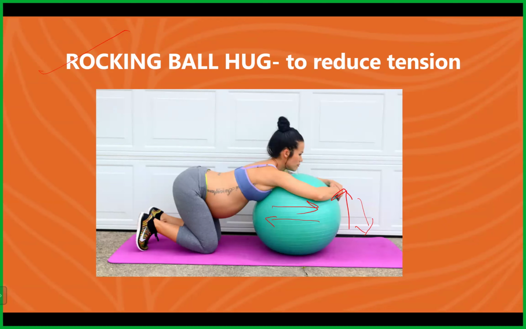In the same rocking hug position, I told you they can go side to side now. Along with side to side, they can nicely stretch till the side, hold it, and then come back. Again, go till this extent, hold it, and then come back. Did you understand what I'm saying? Or you want me to demonstrate? Yes, ma'am, please. Okay, I'll demonstrate.